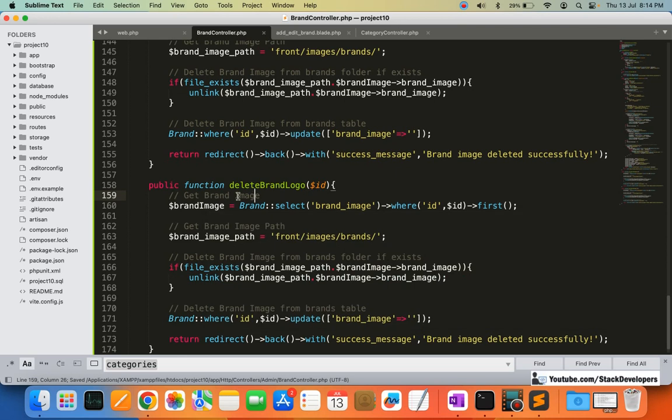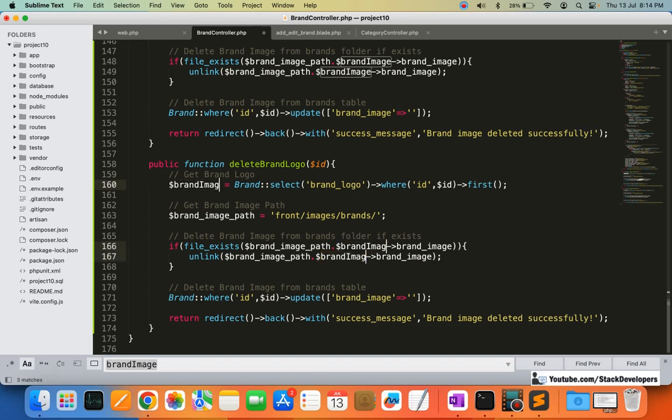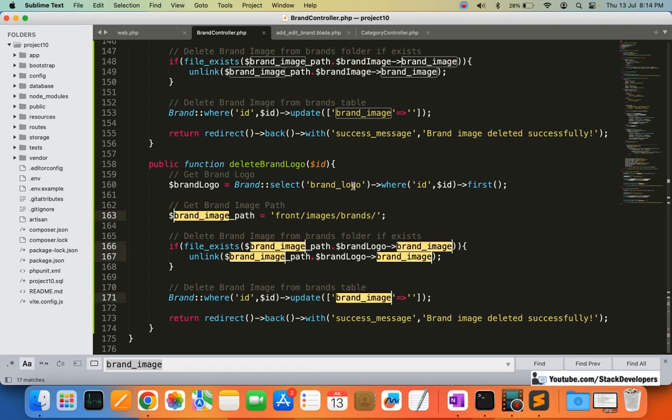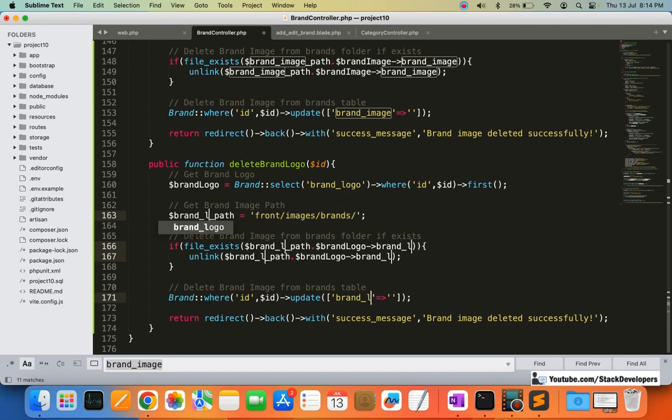Okay, so here like we are deleting the image. Now we are going to delete get brand logo. First of all we are going to get the brand logo like this, and here instead of brand image I'm going to make it brand logo. So brand image path, and here I'm going to make it like brand image, and here brand logo I'm going to make it brand logo,